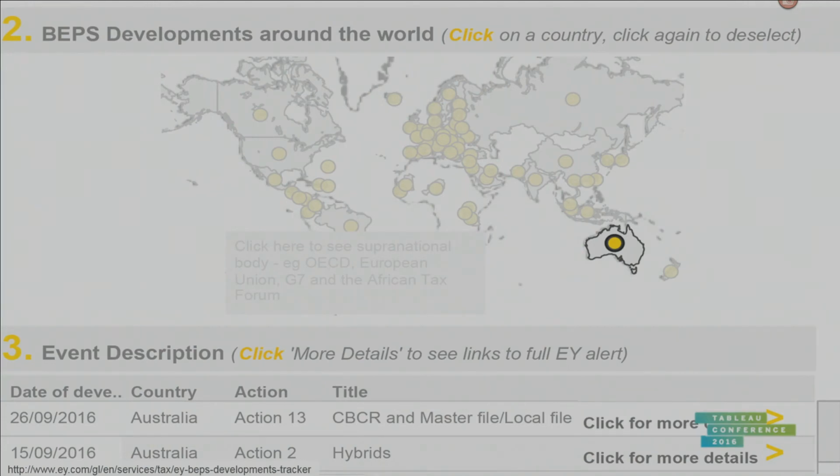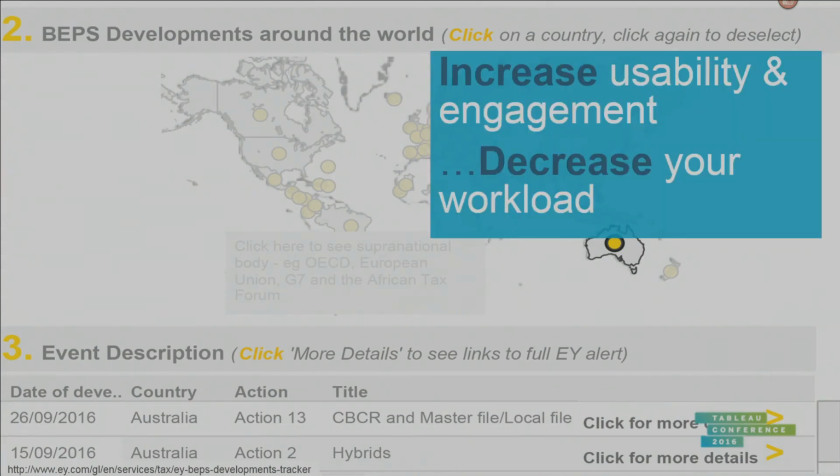And it was, and it is. And all their users got really engaged, and they saw web traffic to this page increase over 10-fold in the space of 2 months or so after it was released. Crazy, so much so that they're building similar visualizations for lots of their other verticals as well, where they have global and predictable releases. And so what using Tableau Public did for them was it increased users, people who came to their website, the usability of their website, and the engagement their customers had with their website, and it decreased their workload.